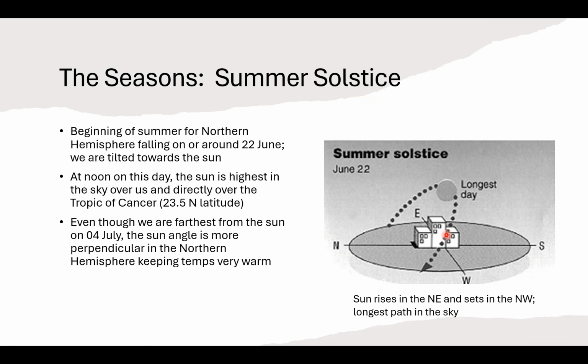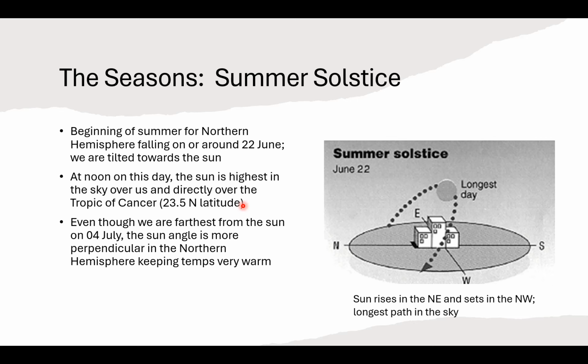Now let's break down the various benchmarks of the seasons. We'll start with the summer solstice. This is considered the beginning of summer for the northern hemisphere, falling on or around the 22nd of June. In the northern hemisphere, we are tilted towards the sun on the summer solstice. And at noon on this day, the sun is going to be at its highest point in the sky over us. And it's going to be most directly over the Tropic of Cancer on the summer solstice at 23.5 degrees